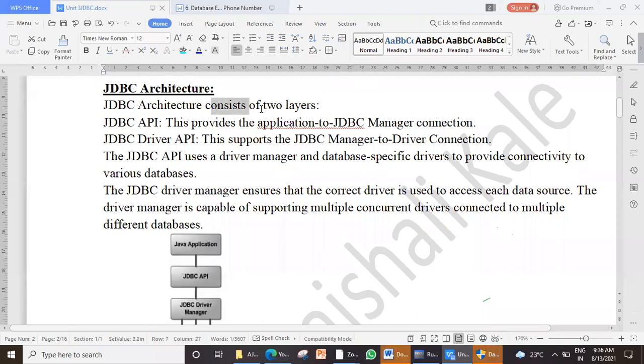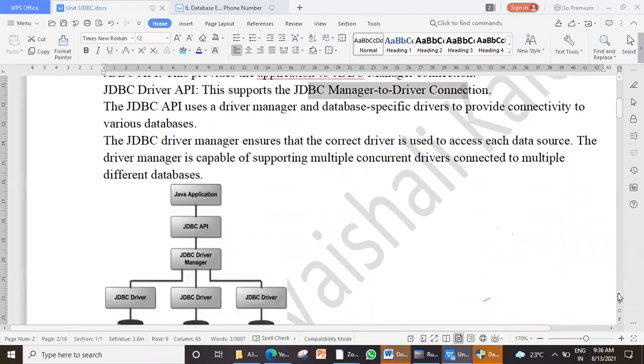It consists of basically 2 layers: the JDBC API and the JDBC driver API. This gives you the connection from application to JDBC, and from the JDBC manager to the driver. Where do these things lie? Let's see in the diagram.